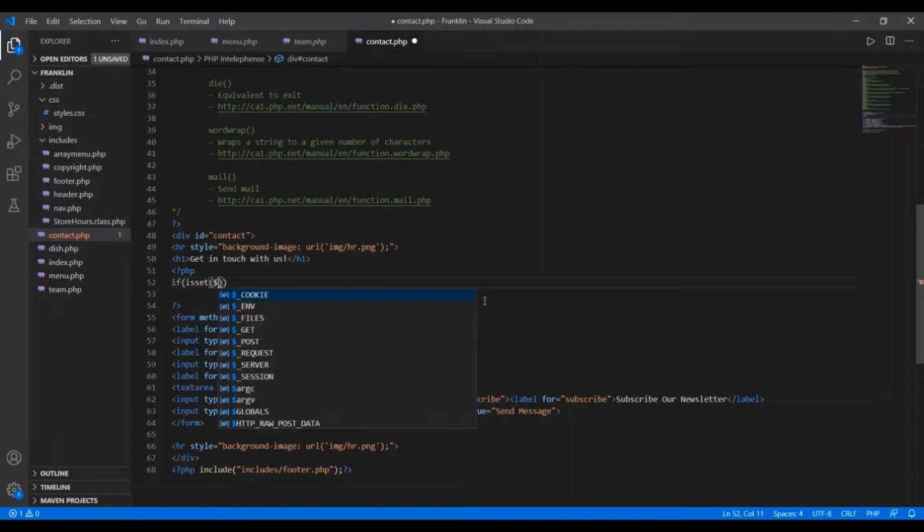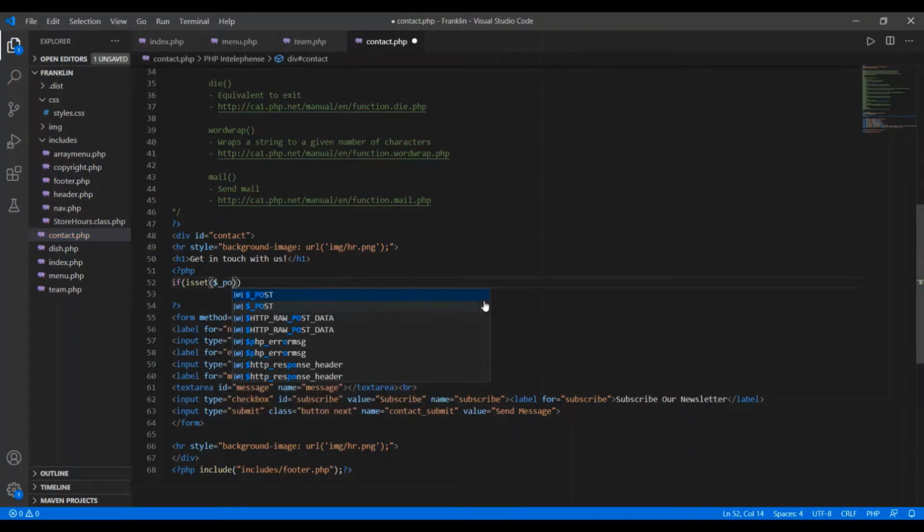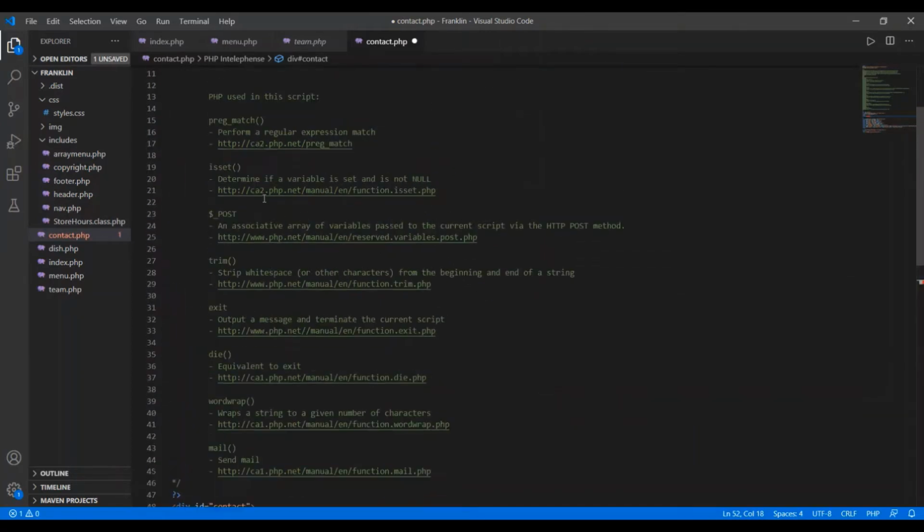Within this isset function I'm calling the global variable of PHP, that is $_POST. This is an associative array variable used to pass data to the current script via the HTTP POST method.